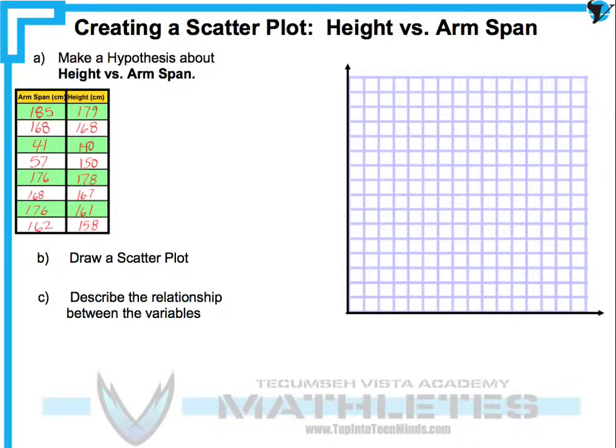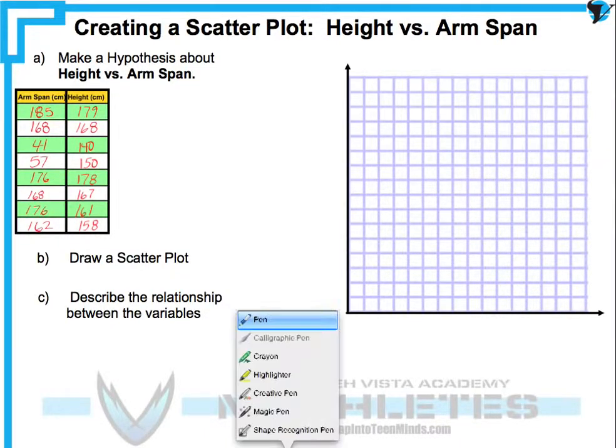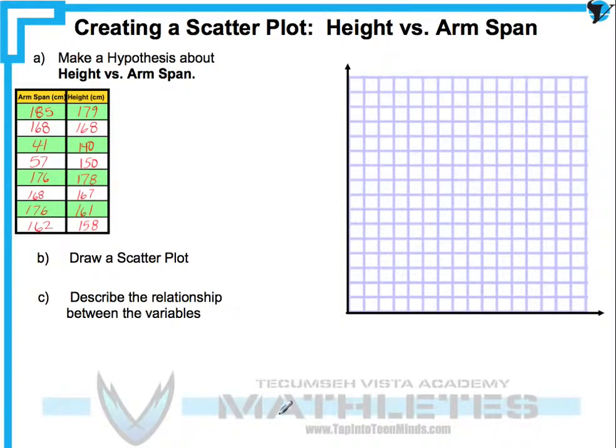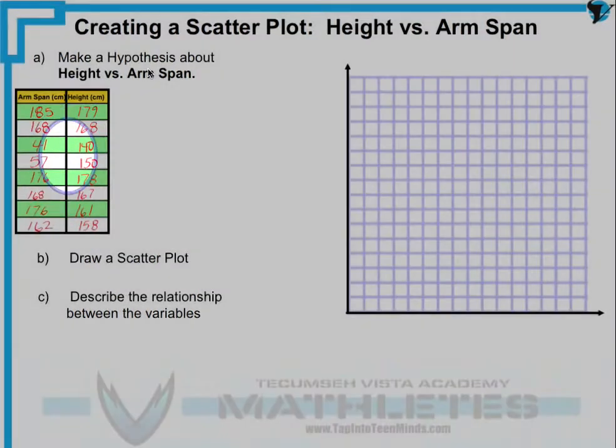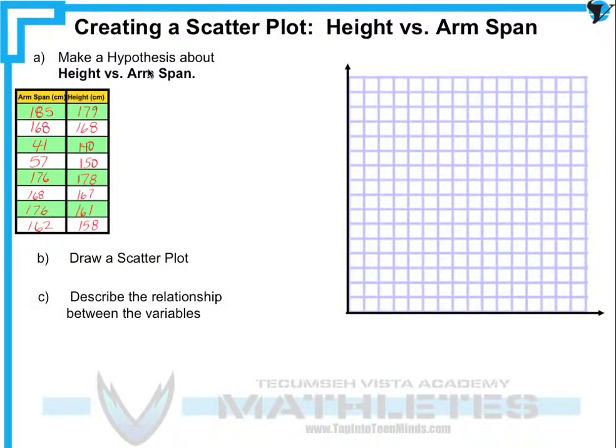So you'll see to the top here, I'll just grab the magic pen. You'll notice that we have our data right here. So those are 8 students, all of their arm spans and heights in centimeters. A few quick things I'll just make note of for those who missed class. The title of a scatter plot always starts with y